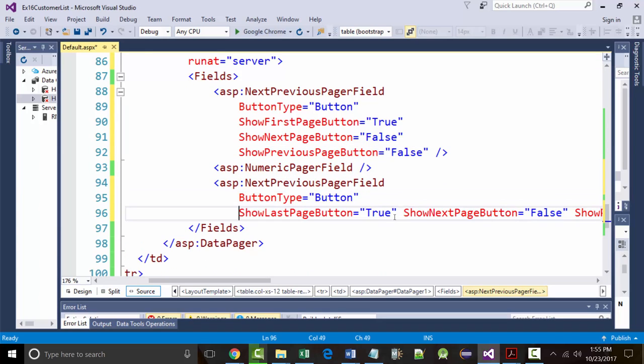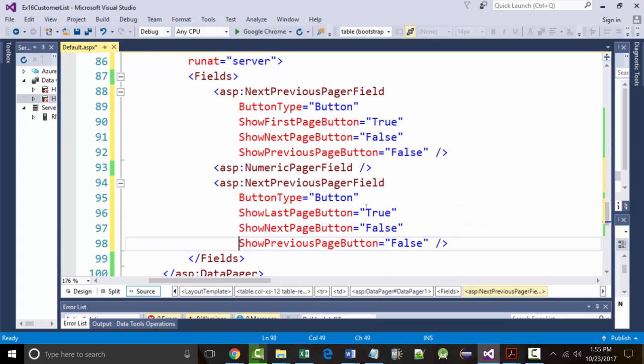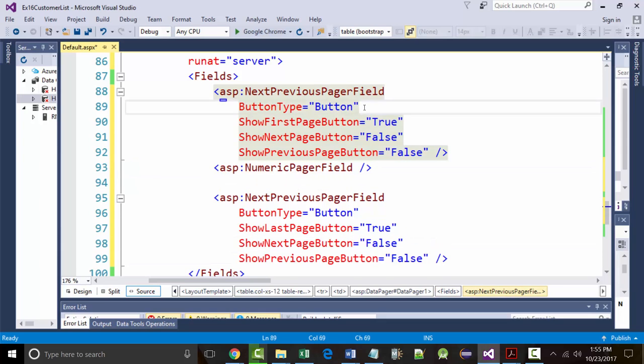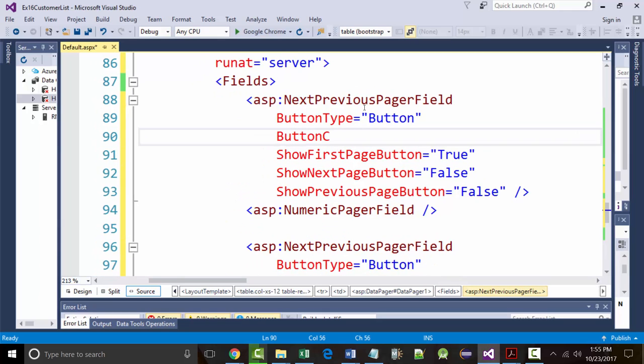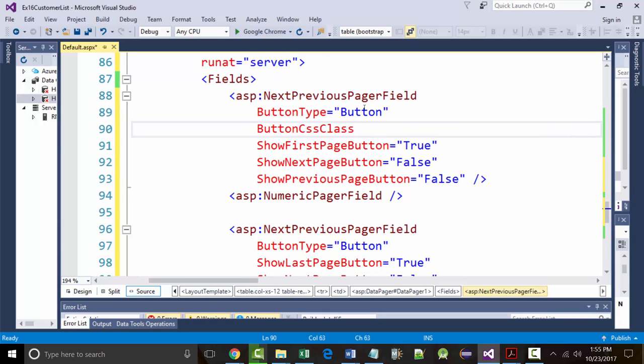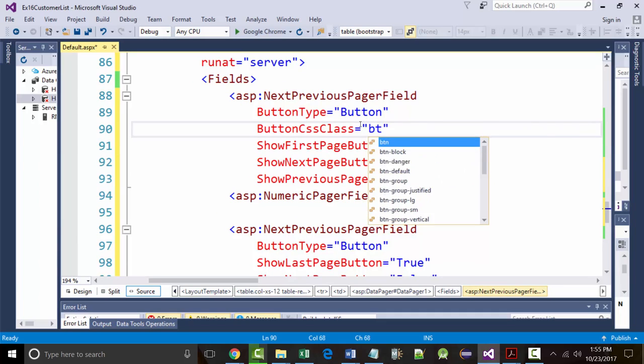Ideally, I'm doing this to help you. We'll see as we get going. But I want to add, right after it says button type equal button on both of these, then I want to come in here after that and say button CSS class equals button